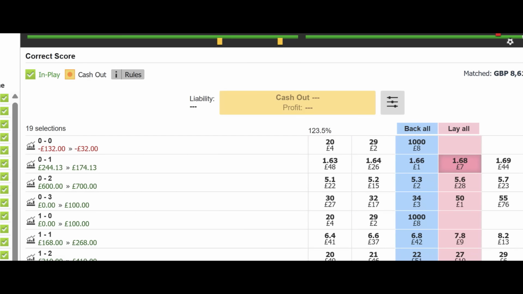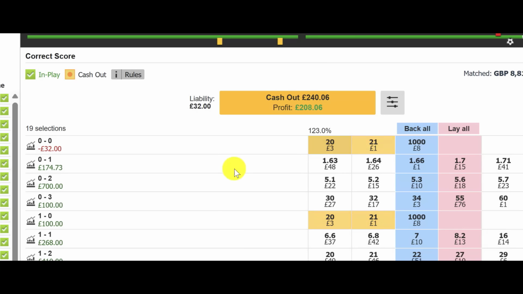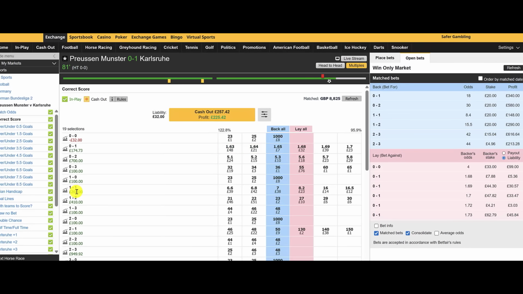So we're gonna do this. So we're going to lay off the 0-1, and that gives us 174 of green on the 0-1. We've now got 268 of green on the 0-1. We've also got £700 of green on the 0-2. If Karlsruhe can make it 2-0, that would be very, very nice. So